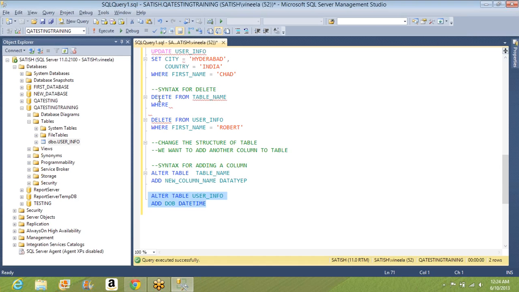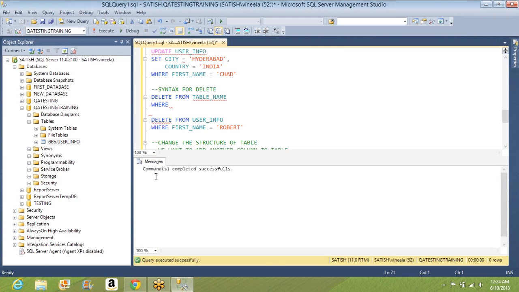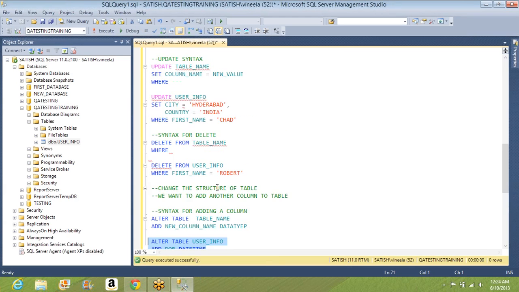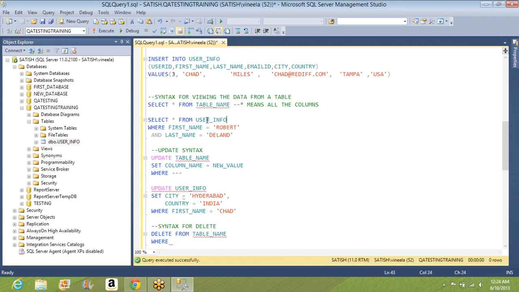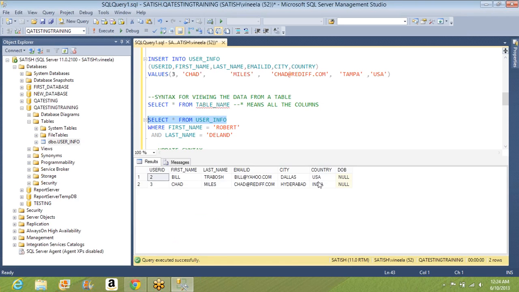I'll just try to add it: alter table user information, and then I want to add the column date of birth, and then the data type is datetime. And then if I try to run this particular query,